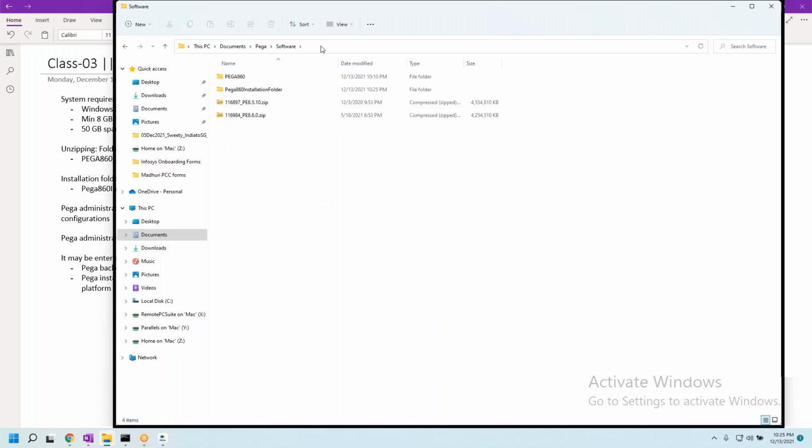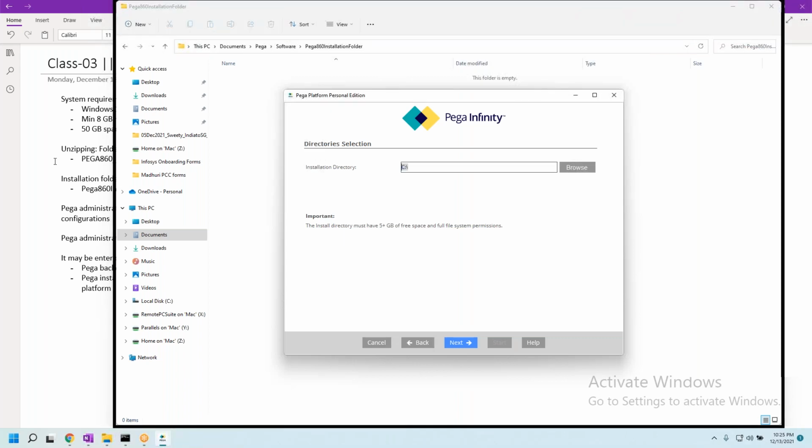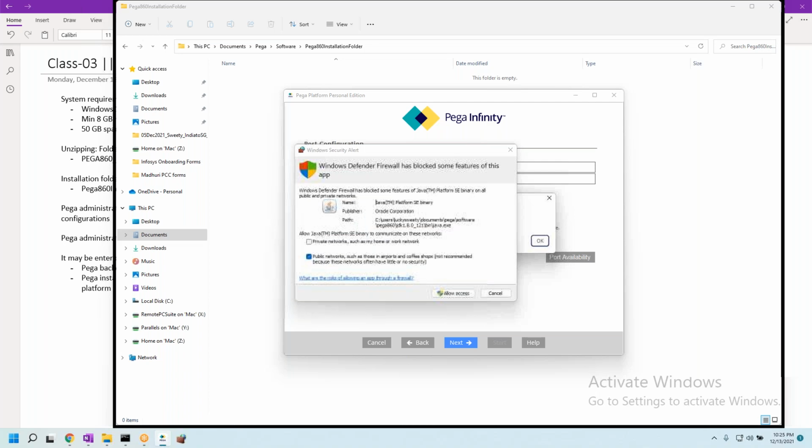Okay, I created the folder. I'll go inside, copy the path. Don't try to navigate, that's okay. Even if you navigate also, copy the path. You click on next. And here, if you see, these two ports should be available. Of course, I understand that all of you are freshers, and maybe from your college projects or wherever it may be, you might have some kind of installations which might say that, okay, these things are not available.